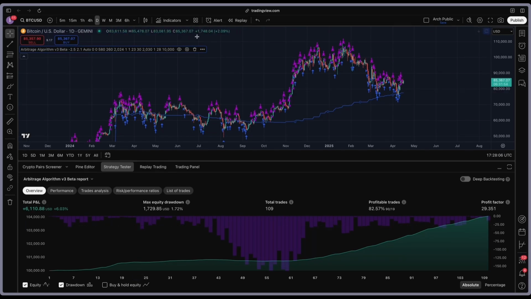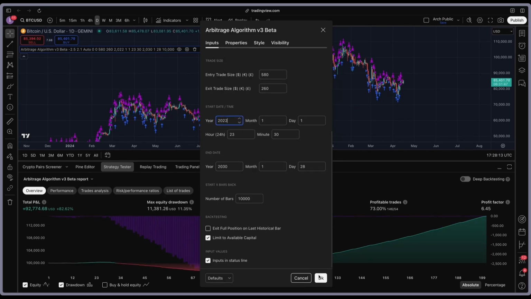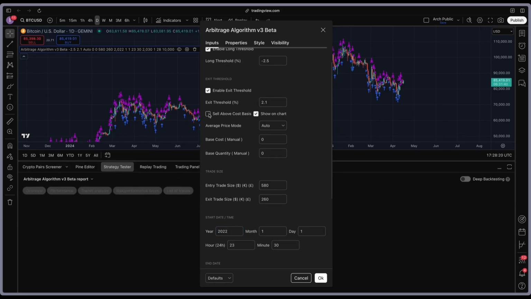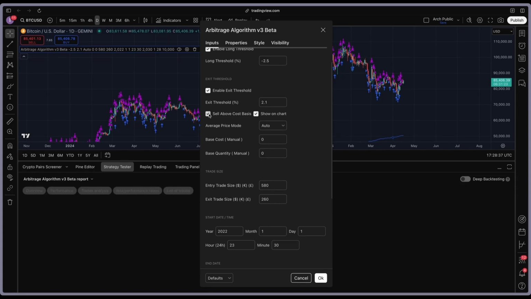You'll see here too, if I set this back towards 22, let's say, and we have this enabled, we're at 92,000 for P&L. If I uncheck this, we're at 51. It essentially juices every scenario because you're never going to be selling below your cost basis. It sounds very simple, but sometimes the most simple solutions are truly the best solutions here, and really just accelerates the power of these